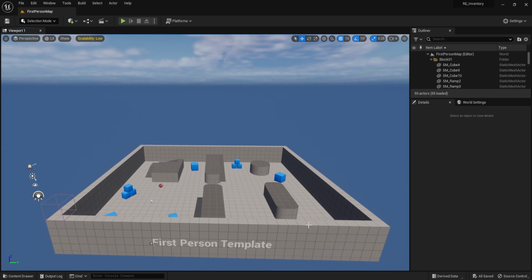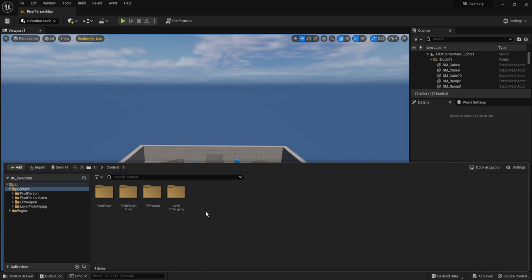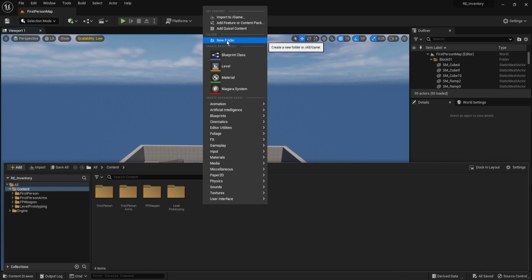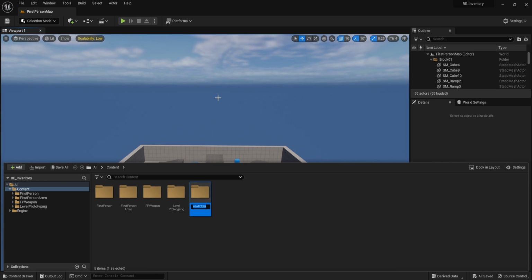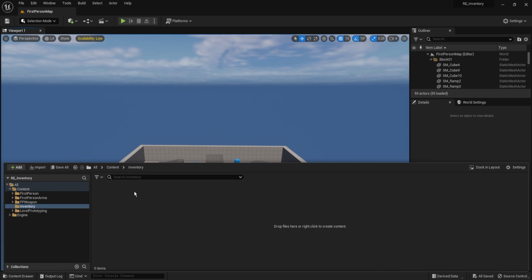Once the shaders are loaded, we're going to start off by importing the assets that I made for this. They'll be in the description below in a Google Drive. To do that, before importing them, we'll make a folder for them. The folder we'll make is inventory, and the folder we then want is a folder for the assets. We'll just call it that, open it up, and I'm going to pull them in from my other screen